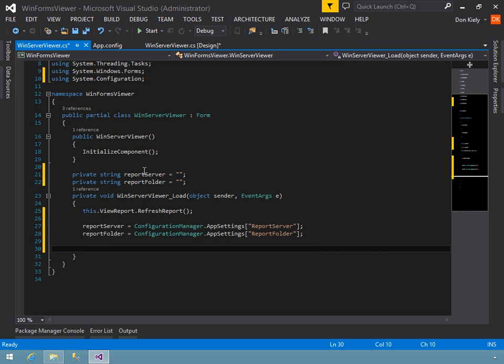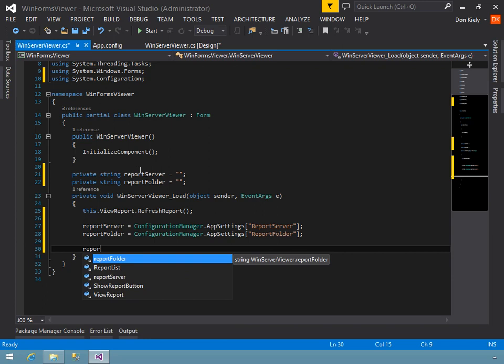And then the last thing I need to do in this load event procedure is add a few reports to the drop-down list. And again, here is where in a real application I might dynamically create this, go out to the report server, look in a particular folder or folders, and read a list of reports. To keep things simple, I'm just going to add some directly to that combo box. So it's called report list,